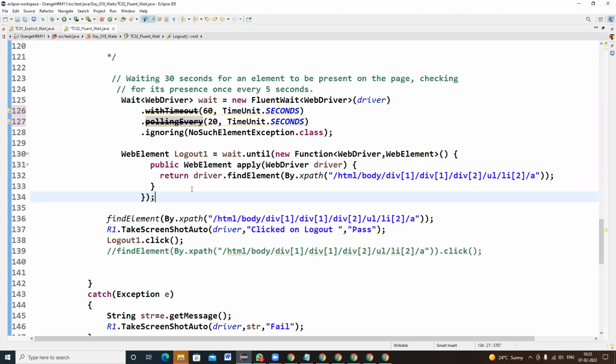In implicit wait, a school bus driver is driving and picking up every student at every bus stop. By default, at every bus stop, the driver waits for 10 seconds.